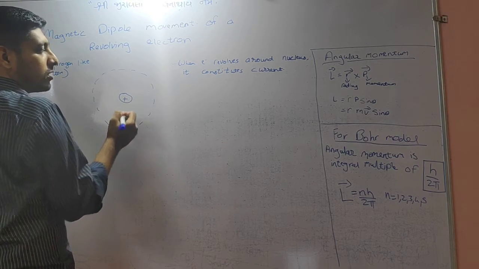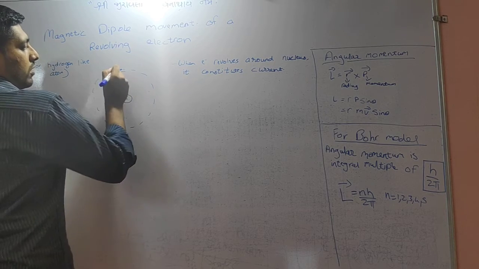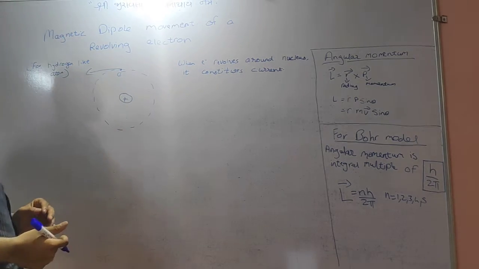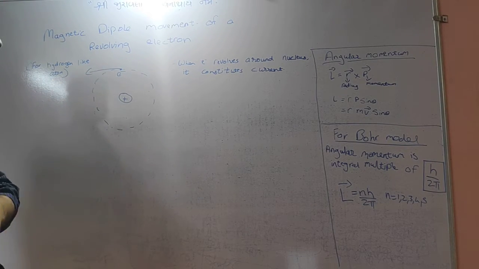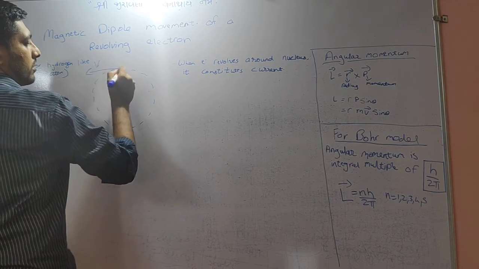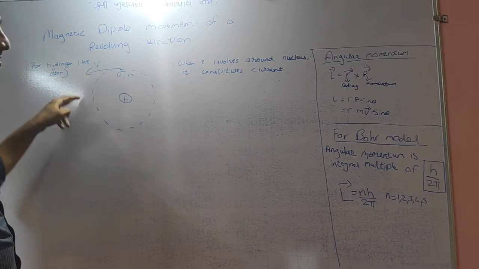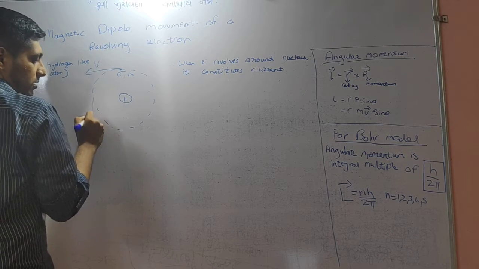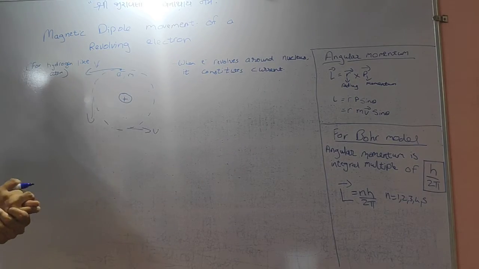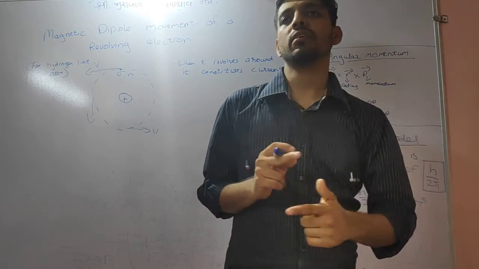So suppose this is a nucleus, then here there will be an electron moving around it, in circular motion. If we want to find the velocity, it will be in the tangential direction. Let this be V. The charge will be Q and mass will be M. If it moves in this direction, it continues. Here it will be in this direction, and here in this direction. Now as the electron moves, we can understand that current flows through it.